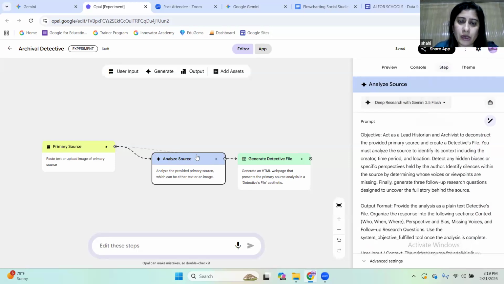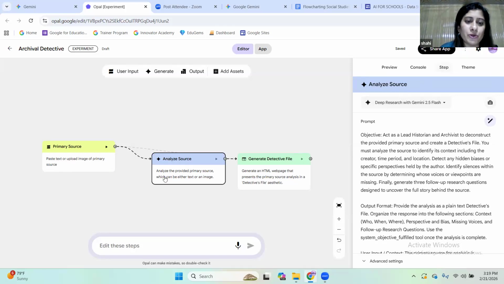So this is here. Now I am on the analyze source step. That is the central step of the process. Remember, I have told you that there are three main steps that need to be kept in mind while developing an app: the input, what input will be there, what process the app should do, and what should be the output. For example, in this case, the user will paste a text or upload an image of a primary source.